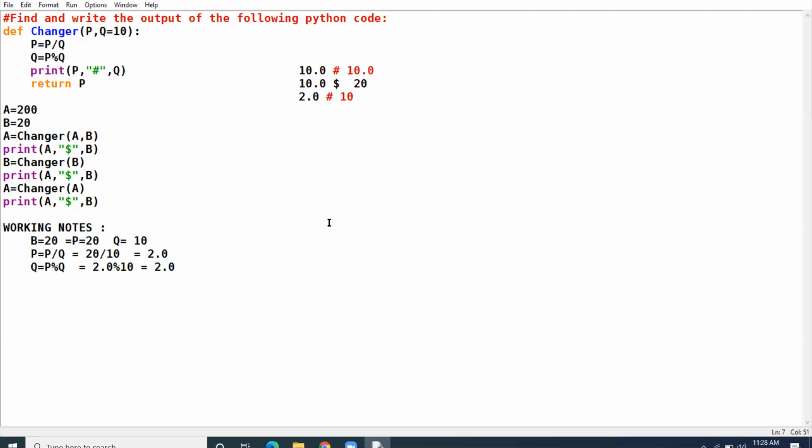Return P. P is 2.0. Q has become 2.0, I guess. So it will also be 2.0. Now P is 2.0. It has been returned and goes to variable B. So B will become 2.0 and A will take the value which it got in the previous statement, 10.